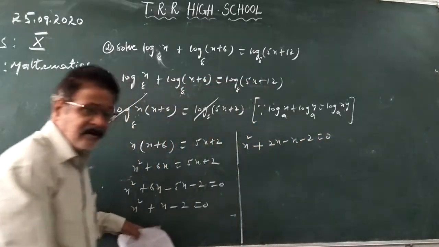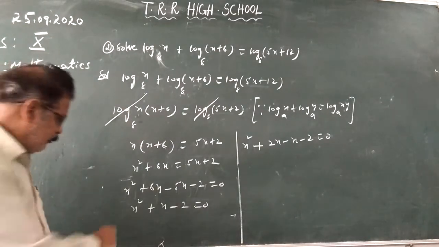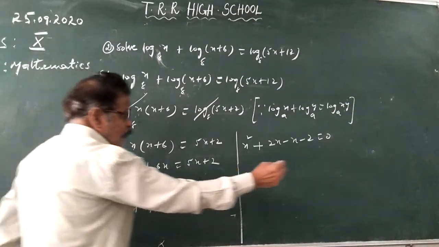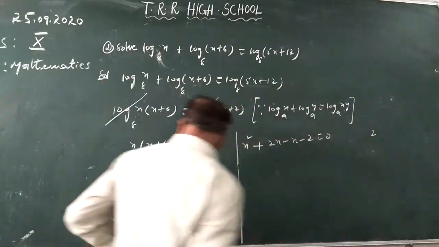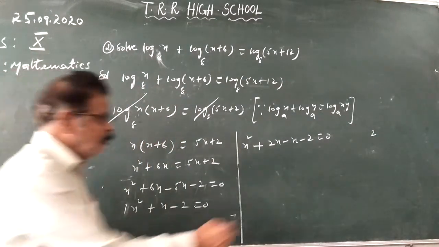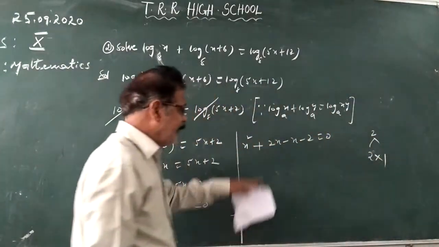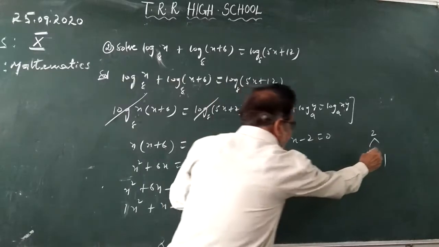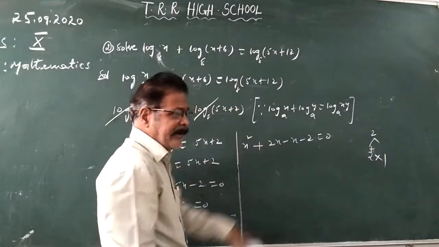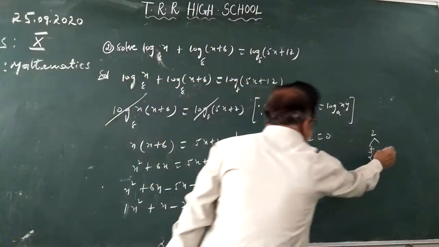You know the factorization. Already in the 9th class you learned how to factorize a quadratic. Multiply the second degree coefficient and the last term: 1 into 2 is 2. Split 2 into factors, 2 and 1. The middle term sign should be given to the greater factor, plus. The constant is minus, so give the opposite sign.